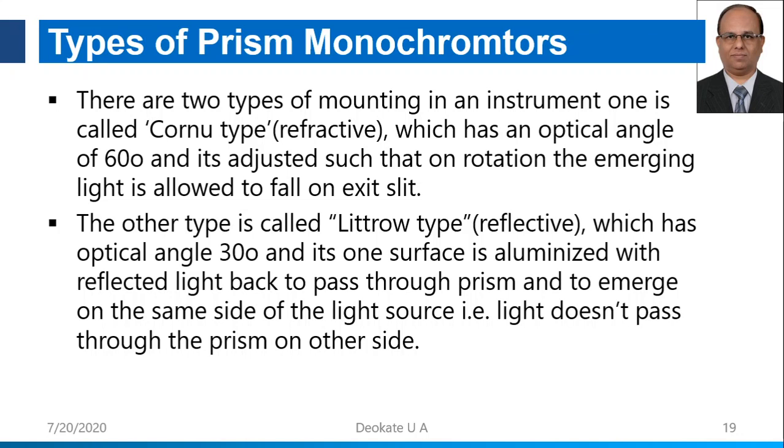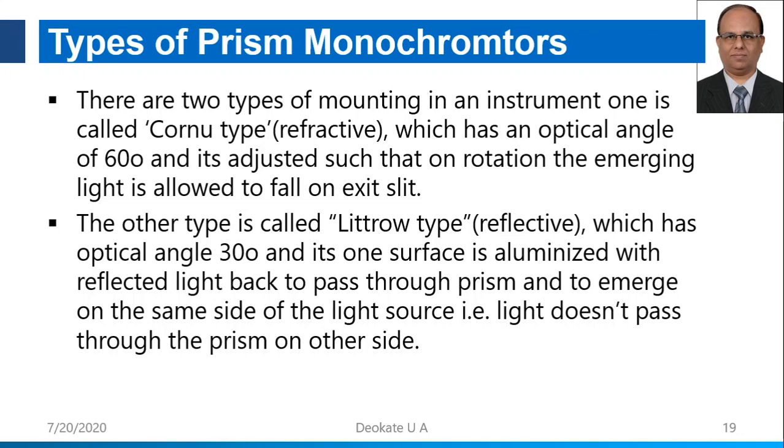So Cornu prisms are refractive prisms, which have an optical angle of 60 degrees, and it is adjusted such that on rotation the emerging light is allowed to fall on the exit slit. So refraction of the radiation takes place in the case of the Cornu prism. They are 60-degree prisms. Now, the other type is called the Littrow type,